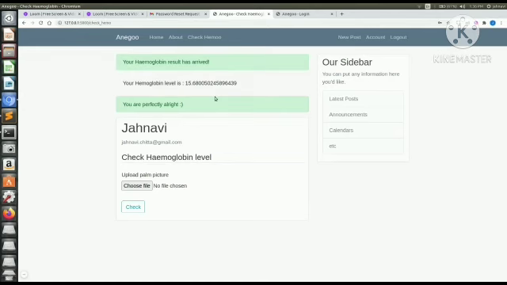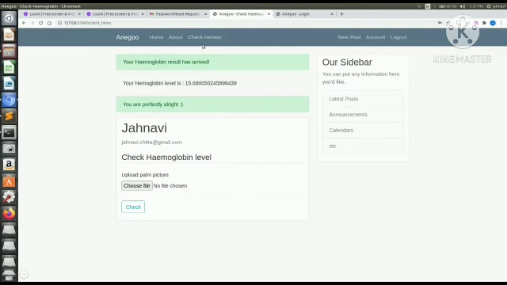It is the hemoglobin value of the user also, but the small thing left over here is that the hemoglobin value is displayed for any user, but to check whether he is anemic or not, the gender is also important. The anemic condition is also dependent on the gender. For female, normal hemoglobin levels are different, and for a male, the normal hemoglobin levels are different. So that has to be taken care of, and that's the small thing left over here.